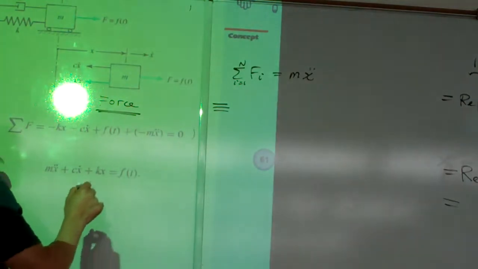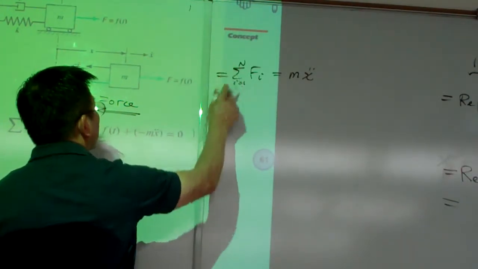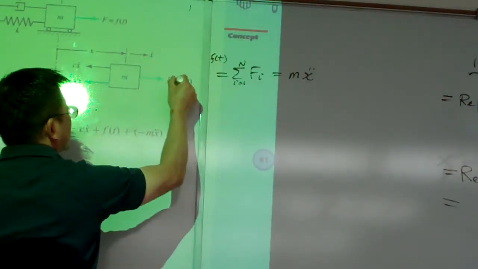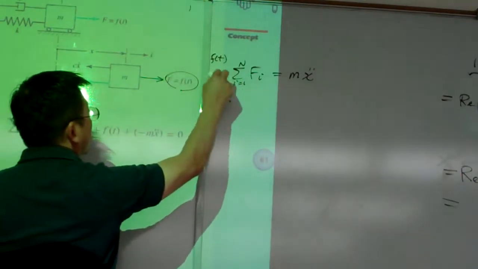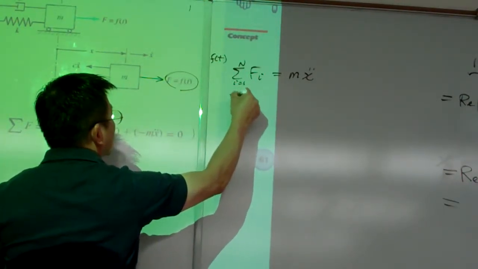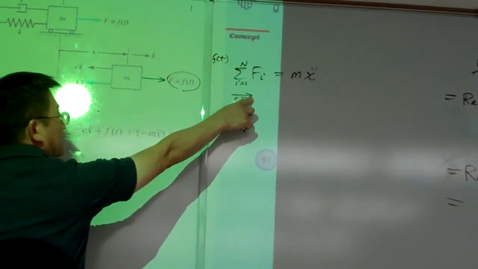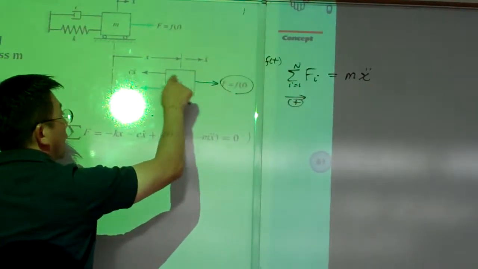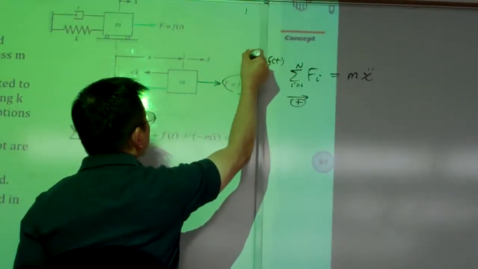That means for the summation of the forces, looking at this one, we have f of t. This is the first one. Again, that is a sign convention. We take the sign convention as positive, following the defined degree of freedom. And the two forces are on the opposite side, so that is minus,